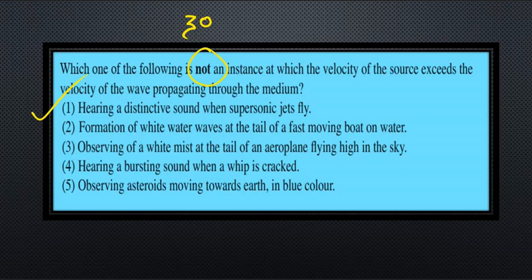Maybe. Observing a white mist at the tail of an aeroplane high in the sky. Okay, hearing the bursting, this is actually, you know, a sonic boom. And observing moving, yes, correct. So answer